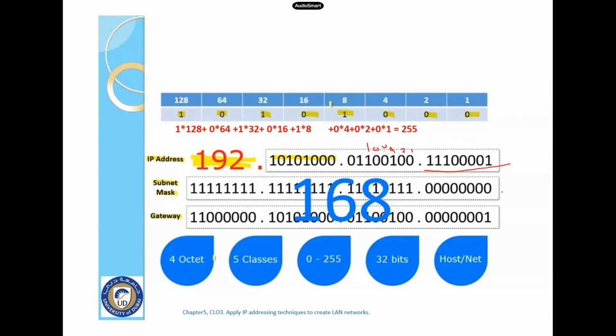All right, so up till now, we know that an IP address has two portions, host portion and network portion. How to know the host portion from the network portion? Look at the subnet mask. The bits that are all ones indicate the network portion. The bits that have zeros are the host portion. Gateway is a default address that has a host portion value equal to 1. And there are some others: when you have the host portion equal to 0, that is for the network address, and when you have a host portion 255, that is something we call a broadcast